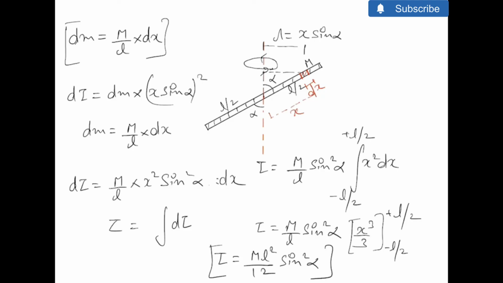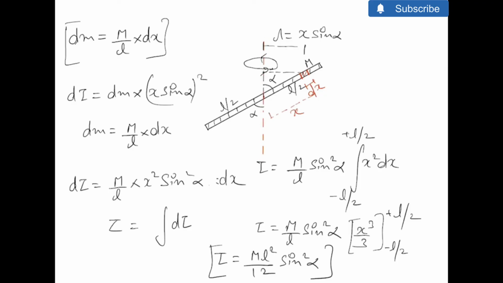There is one more analytical method to find out this moment of inertia, and in this method you can assume the two components of the rod. So the first component of the rod is this horizontal component. So this horizontal component would have a length of L sine alpha. You can yourself divide the two components of L. So if this is L, then this component would be L sine alpha, and this component would be L cos alpha. So the moment of inertia of the component, which is L cos alpha, would be 0 about this axis,